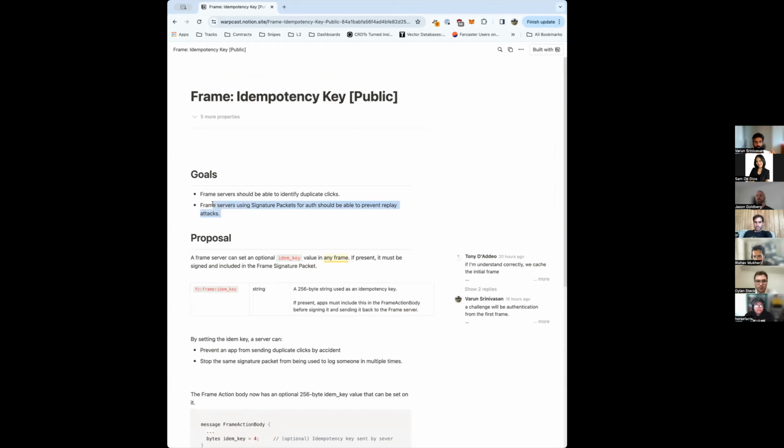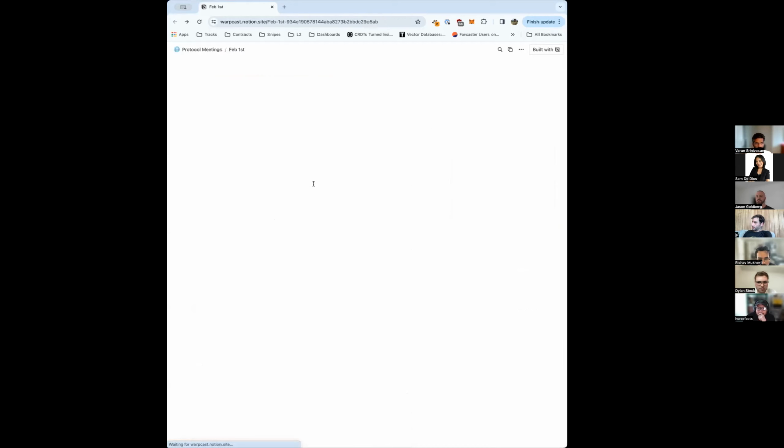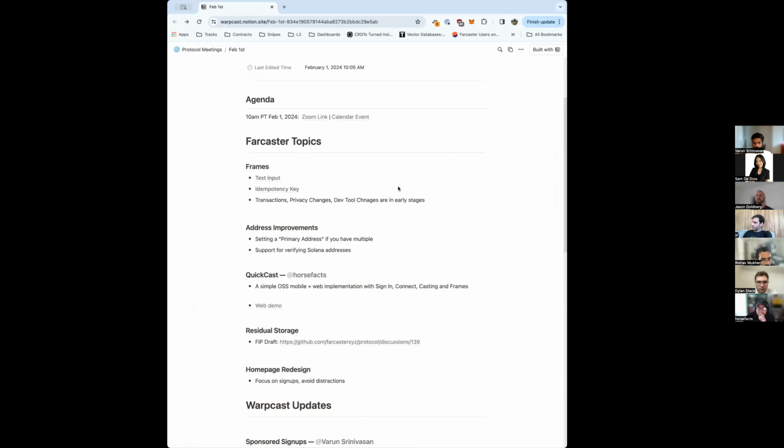So we walked away, based on people's feedback, feeling that the second goal wasn't really going to be served by this idempotency key. So we're still working on this design and figuring out whether this is the right path forward, or whether we split these goals into two separate things and do a separate idempotency key and a separate thing for making auth a little more secure. So this spec is kind of on hold for now until we figure out a better path forward. We're not going to be implementing this as is. Cool. Any questions on that?